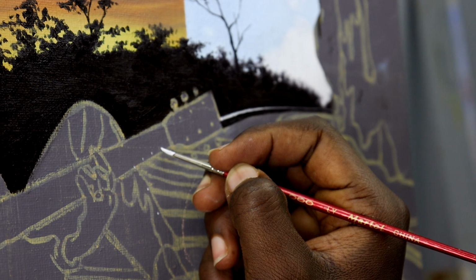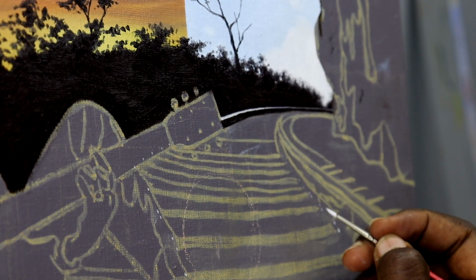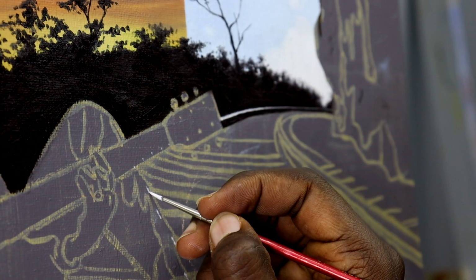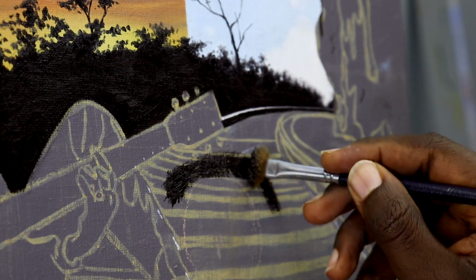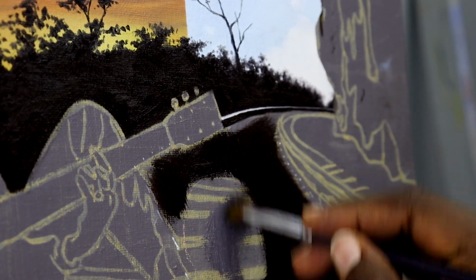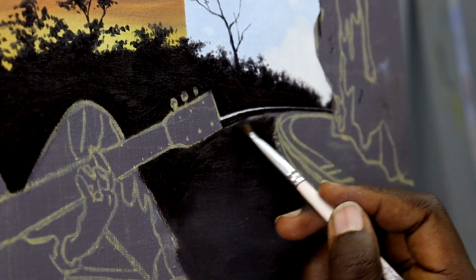I'm painting these dots to show me where each slipper ends, since the most convenient way to paint this railway will be to start by covering the entire section between the rails with the darkest color of the shadows. Then later on I'll connect the dots or the lines that I'm using as markers to paint the slippers. The slippers are these long rectangular pieces of timber or concrete or even steel that are laid at equal distances